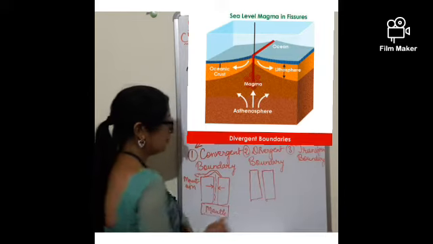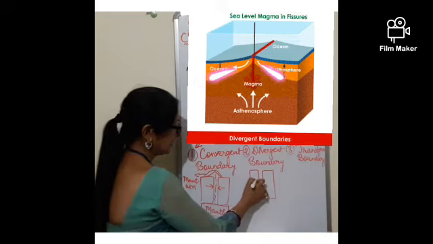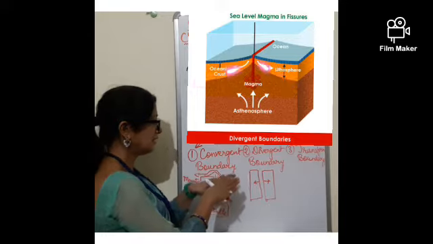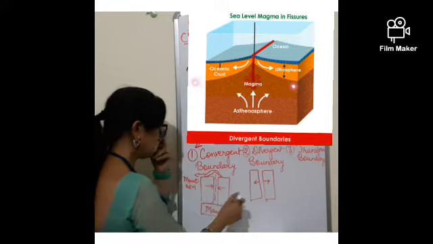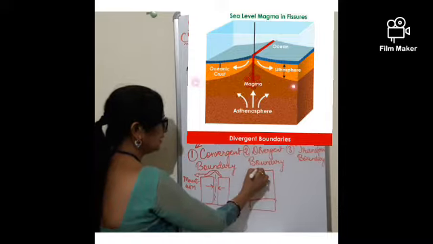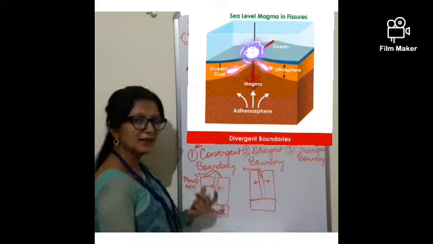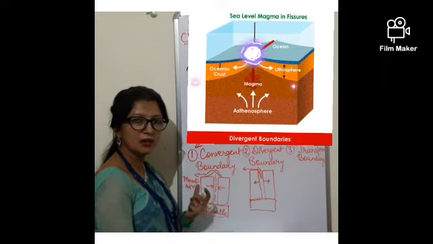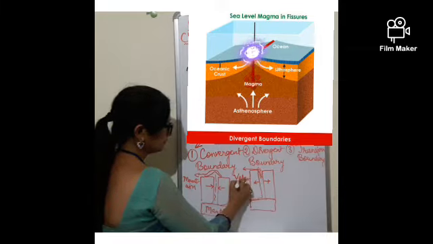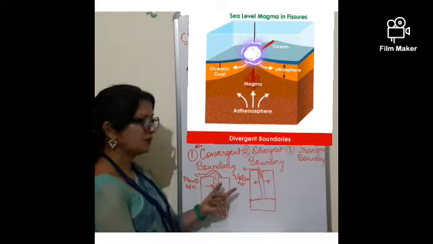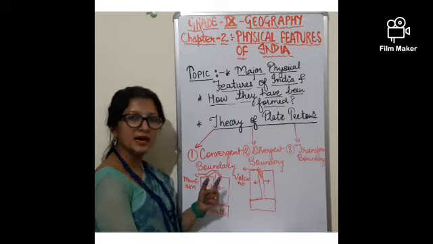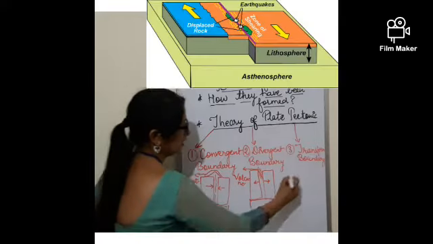And now next is divergent boundary. In the divergent form of boundary, the tectonic plates move away from each other. Means the tectonic plates are going away from each other and they leave a space in between the area of their movement. That space becomes a very important area, the hot spot for volcanoes. In this way, we saw another activity took place due to the movement of tectonic plates under the process of divergent boundary.